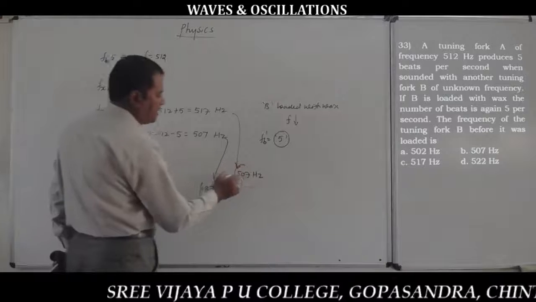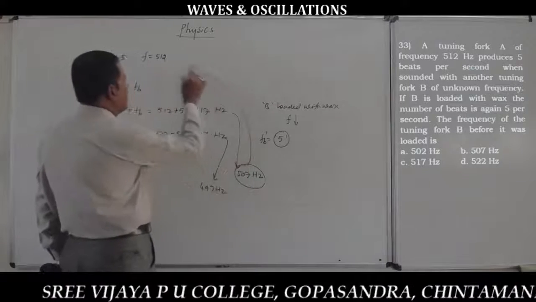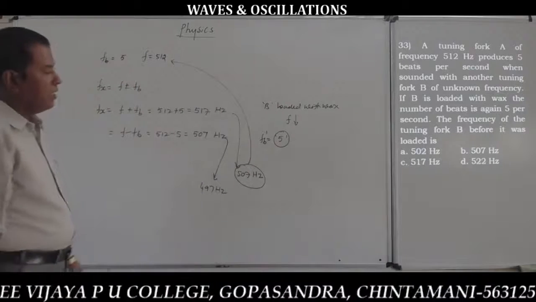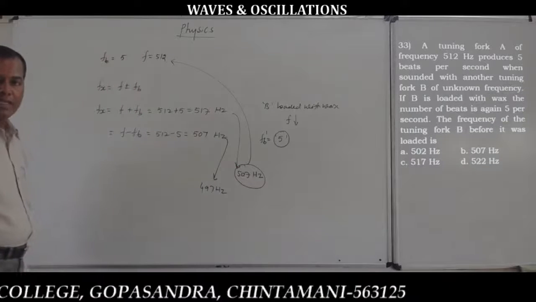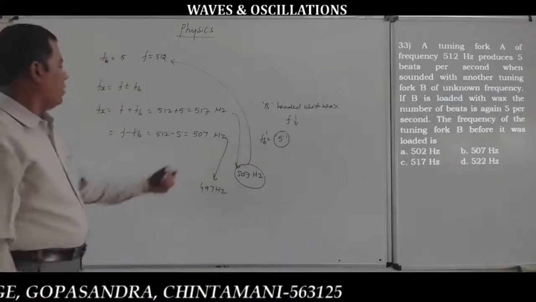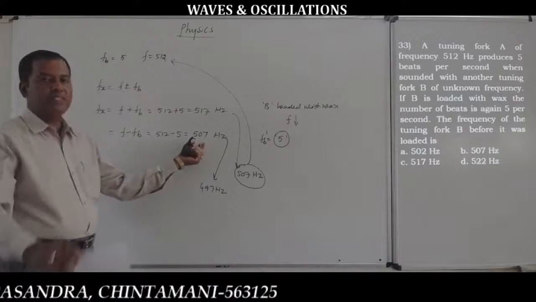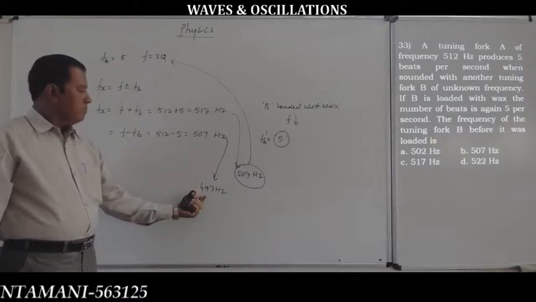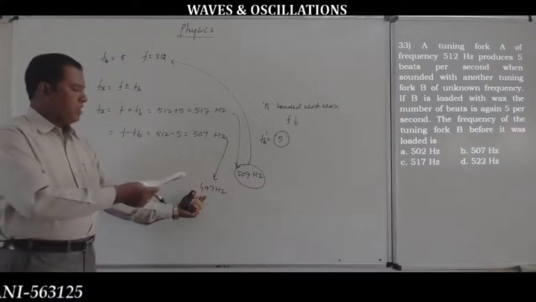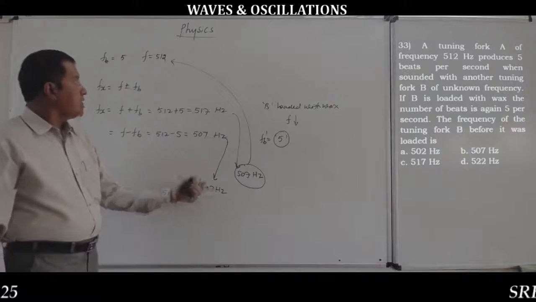But if this is taken as 507 and the known one as 512, you get the beat frequency as 5 even after loading with wax. But if loaded with wax, automatically the frequency decreases. That's why I consider its frequency as 497 Hz. I have just given a random value here, but when you take the difference between these two,